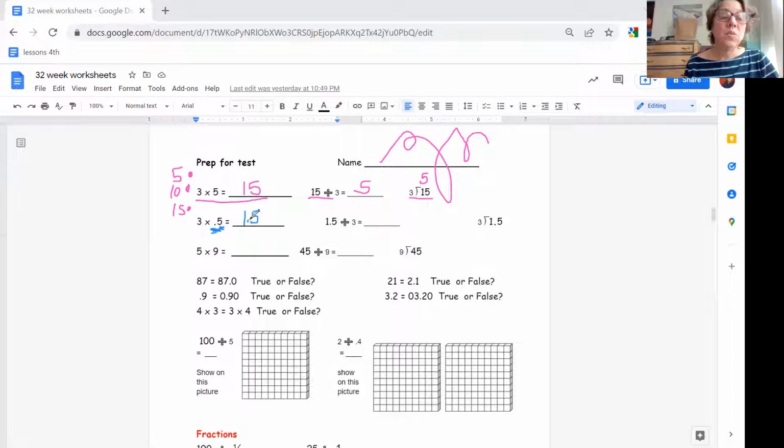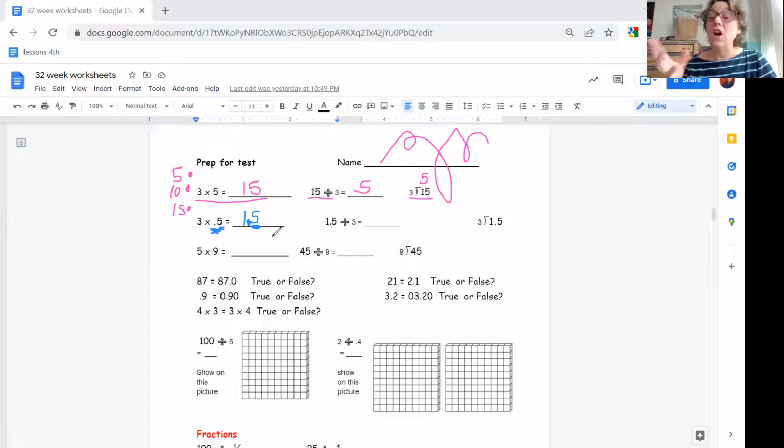So there needs to be one number after the point in my answer, 1.5. Okay, super important. If you have 2 numbers after the point in your question, you need 2 digits in your